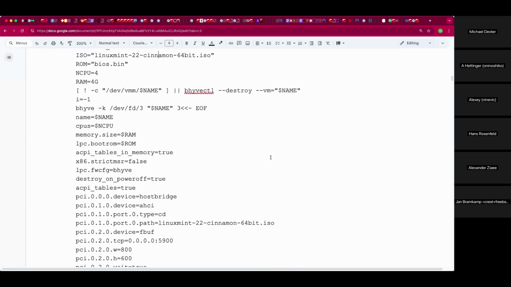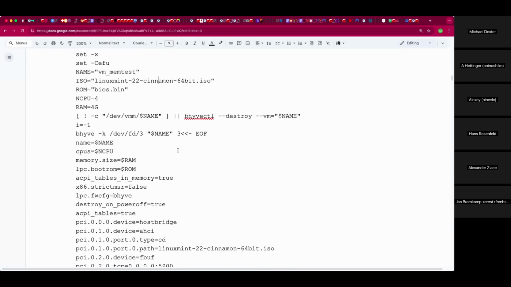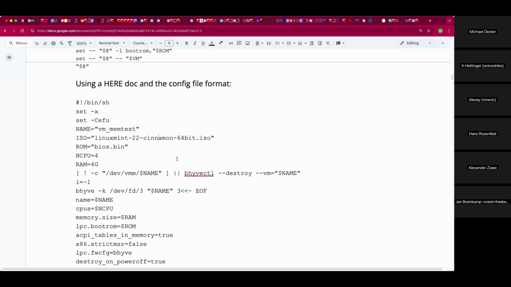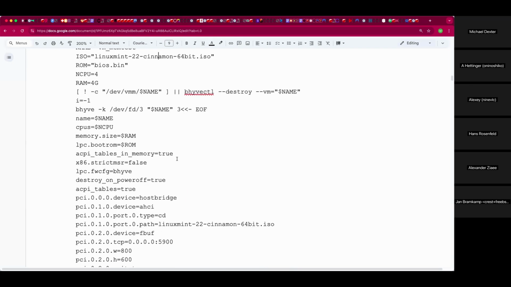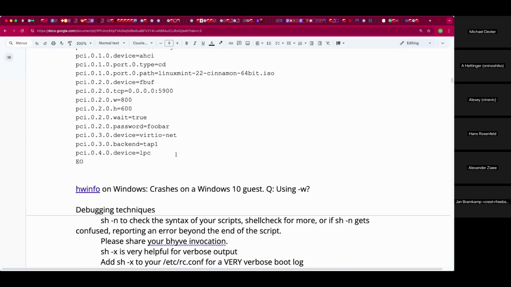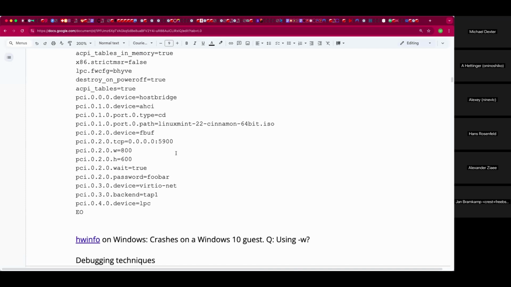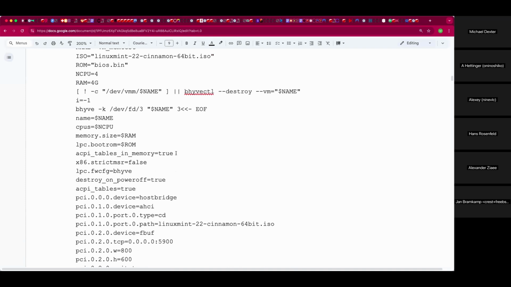Where's the start of that here doc? Am I blind? Always that chance. Here doc is very EOF. There it is. Yes. So EOF is your token. Yep.